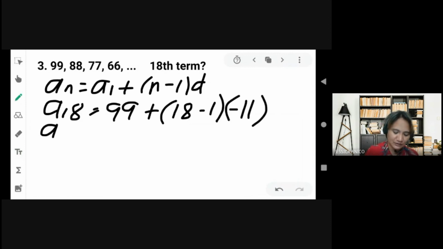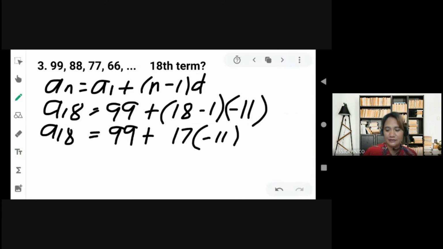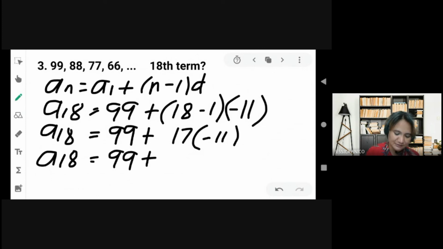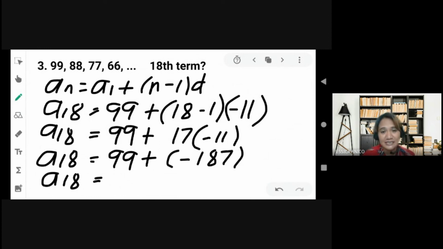Ayan. A sub 18 is equals to 99 plus 17 multiplied by negative 11. A sub 18 is equals to 99 plus 17 times negative 11 is negative 187. Ang ating a sub 18 is equals to 99 plus negative 187. We have